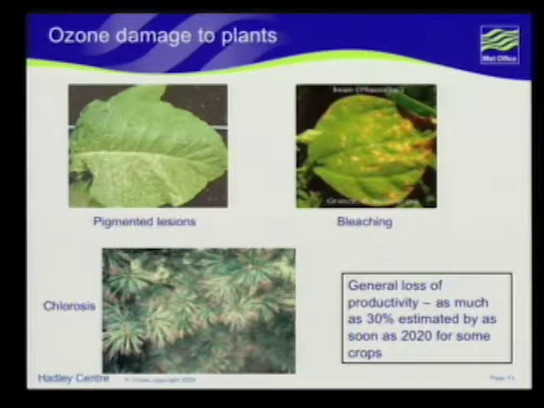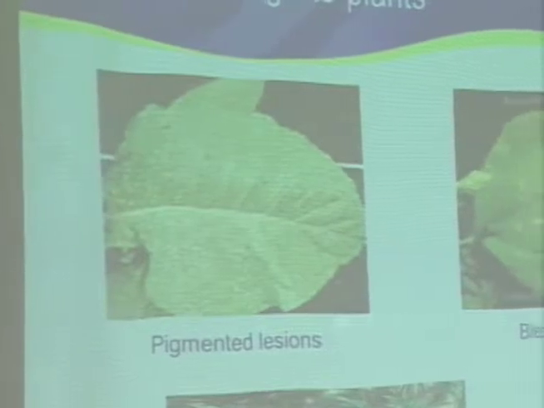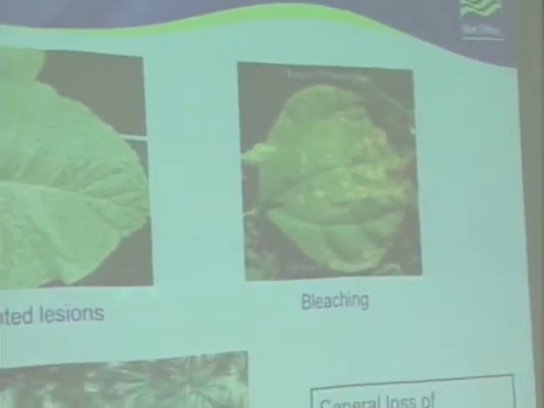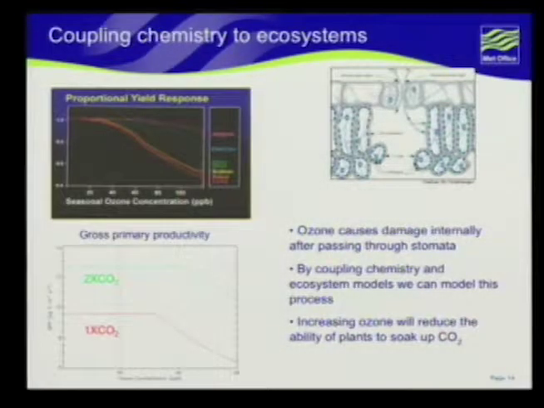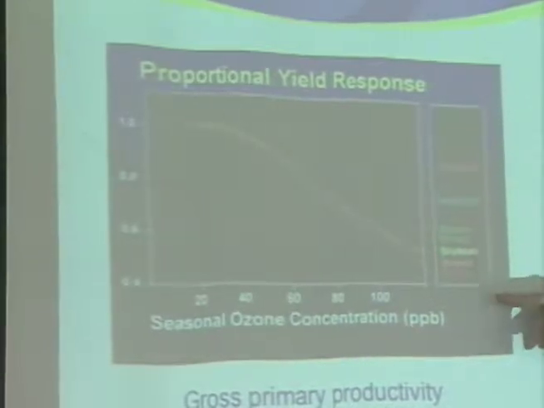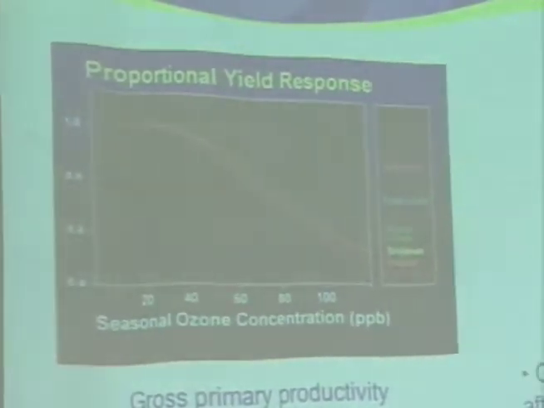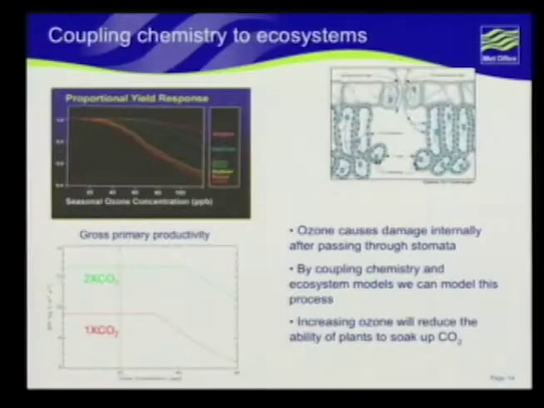We've talked as well about ozone effect on plants, and this is just pictures which show what ozone can do to plants here. They don't like it. It's quite well documented in the literature. Of course, you've got a different response by different plants. So these are basically crops, different types of crops: sorghum, corn, wheat, soybean, peanut, and cotton. Yeah. So crops are in some sense maybe more sensitive, in a lot of things, because we manage them.